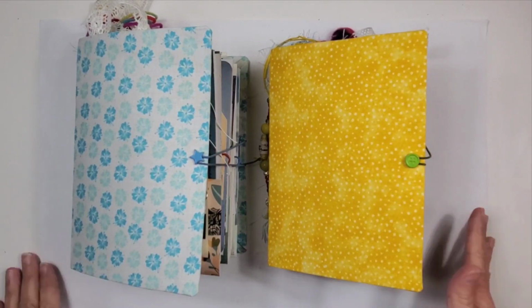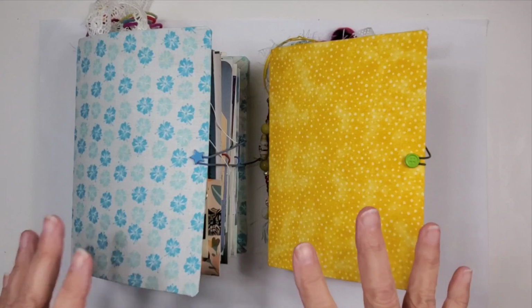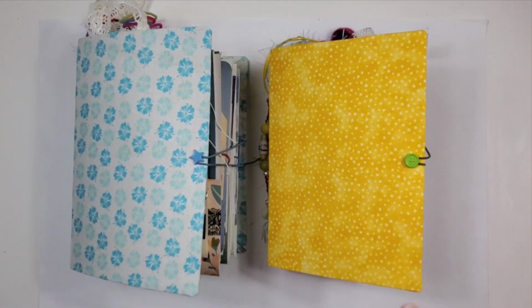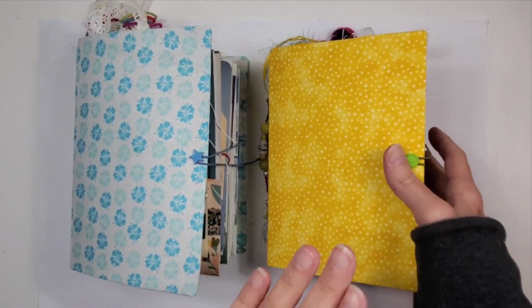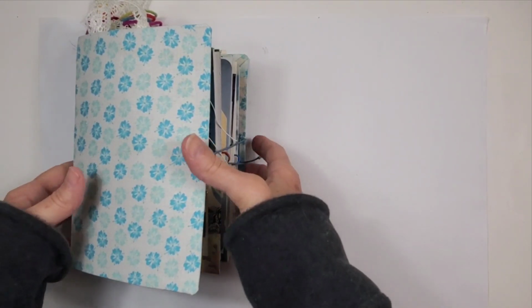We have two journals. We're experiencing rain. These are very sunny, warm colored, happy, peaceful journals to go into the Etsy store today. Actually, they're already listed, so if you want to hop on over there and check them out, that would be awesome. The first journal